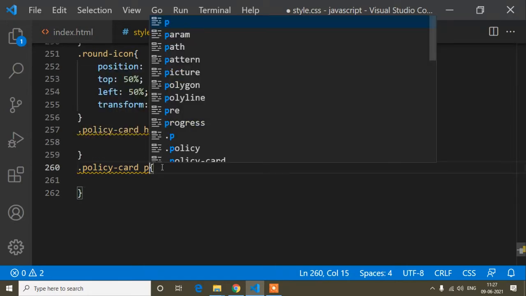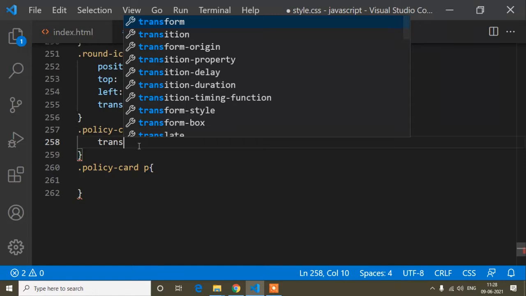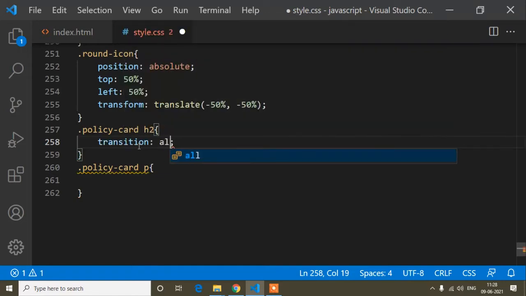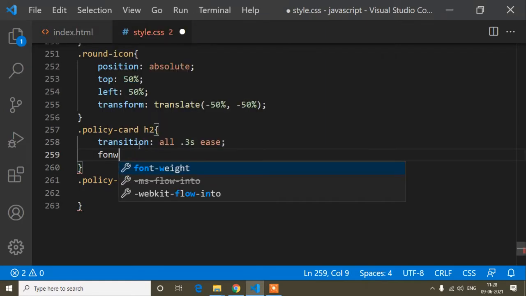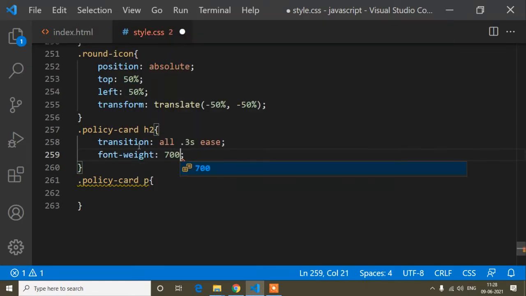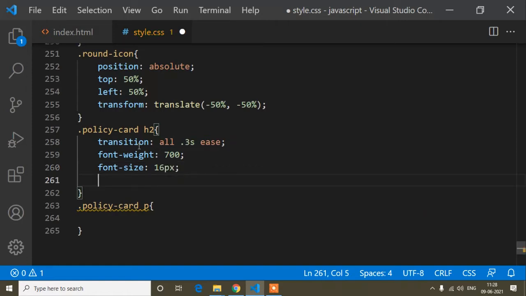So now first I will add the CSS for this h2 tag. First I will write the transition, because when I hover on it, I will add the transition effect. So transition is this one, and now the font weight, because I want to make it bolder, so font weight is 700, and the font size will be 16 pixels. And for color I will write white.